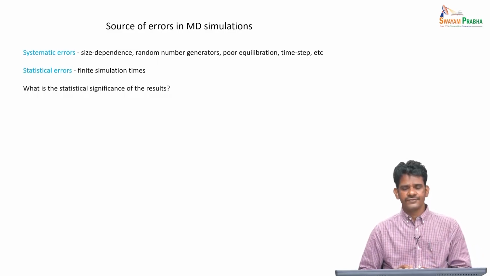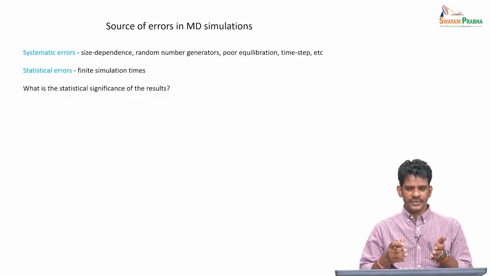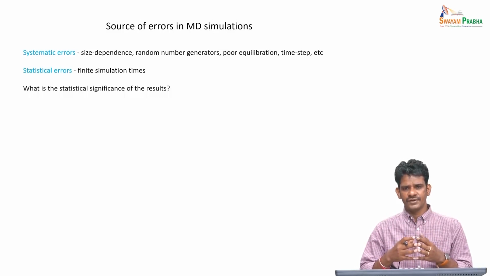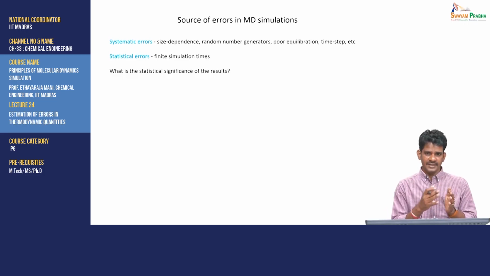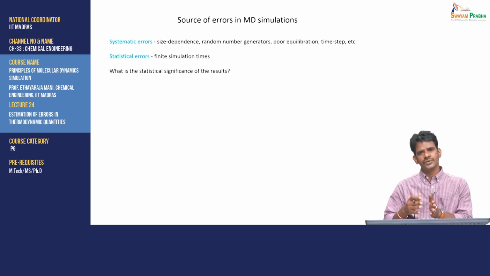However, there are other sets of error which are known as statistical errors, and these come about because I showed in that derivation that any property that you measure in simulations, or any thermodynamic property of a finite size system, will have a Gaussian distribution of values, but that is only under a truly equilibrated system. But in actual MD simulations, we conduct the simulation, we make sure the system is equilibrated, and after that we record certain simulation data over a period of time, and then we measure quantities during those production runs.